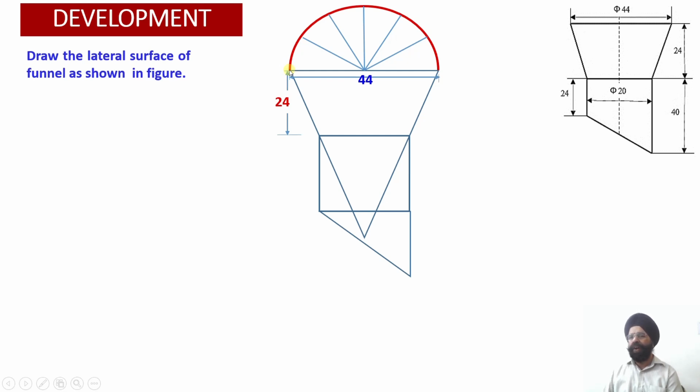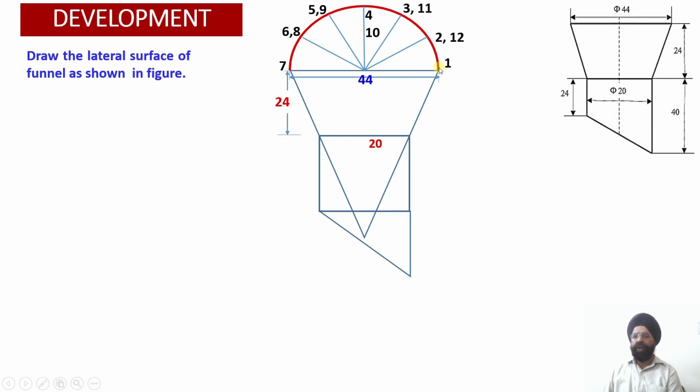But later on we find out that in the front view, all these points, the internal 5 generators, are getting superimposed upon each other. So that is why, even if we are drawing half of a circle over here, all the points we have mentioned, just to get a feel of it, as if we have drawn a full circle, are going to merge in the front view, because ultimately in the frustum of a cone we need only one dimension over here, which is this slant length. So the slant length we require. So whether we draw a full circle or a semicircle, it doesn't make much of a difference.